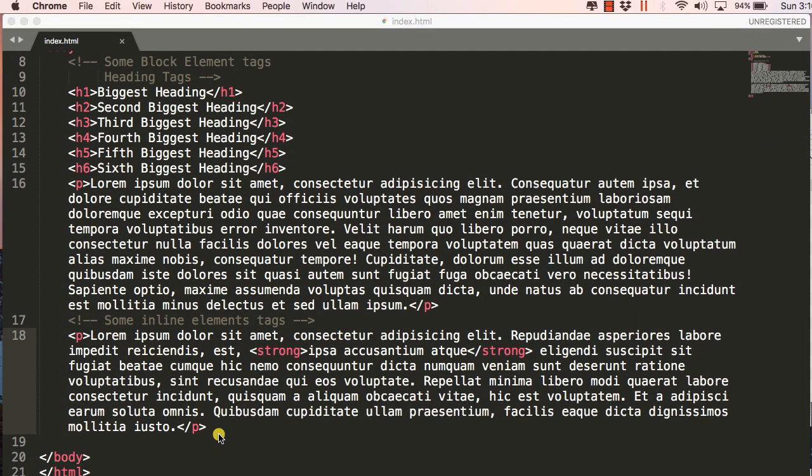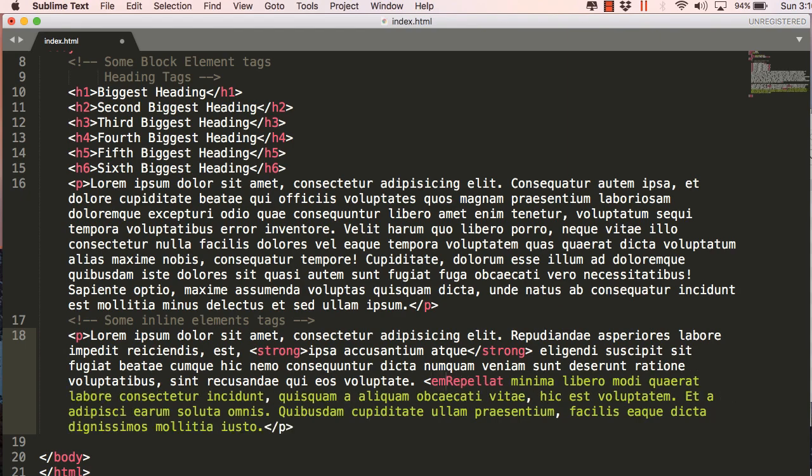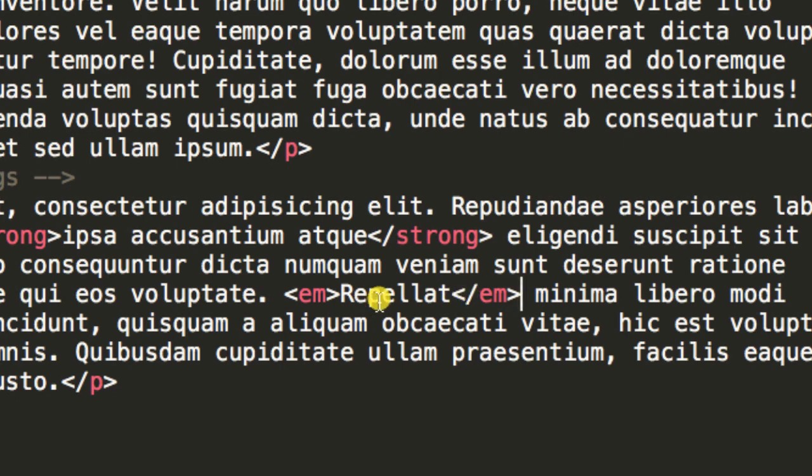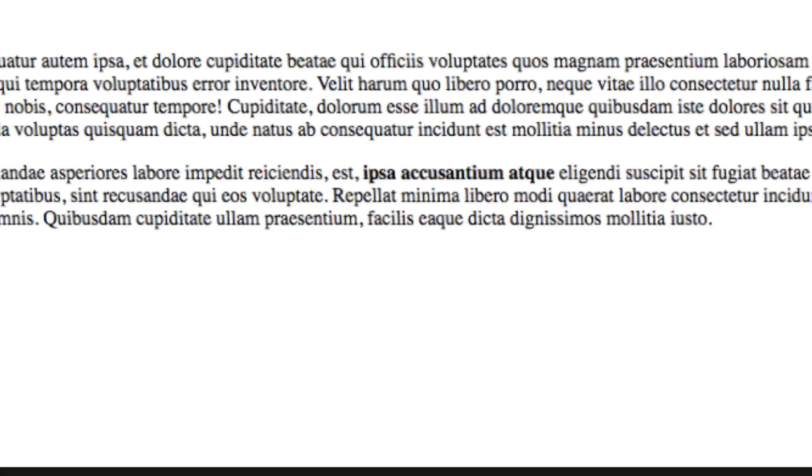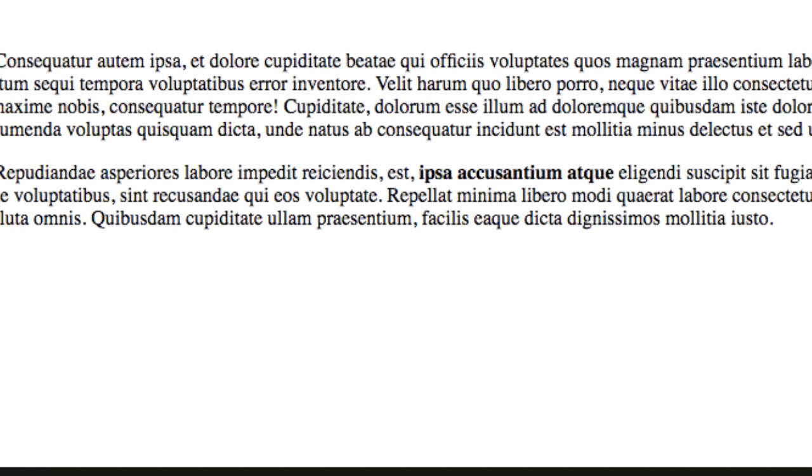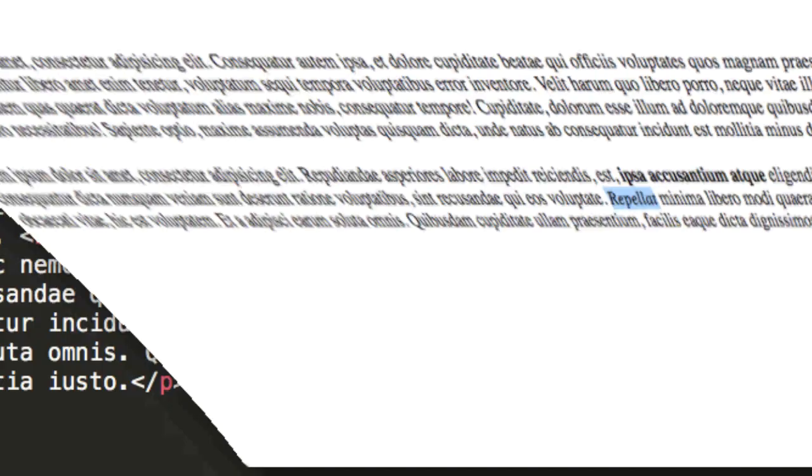So let's go ahead and type in some more inline elements here. Instead of strong, this time I will be using emphasis, which means italics. So this will turn this word into italics. I will just refresh the page, and here you can see that the word repellent has turned into